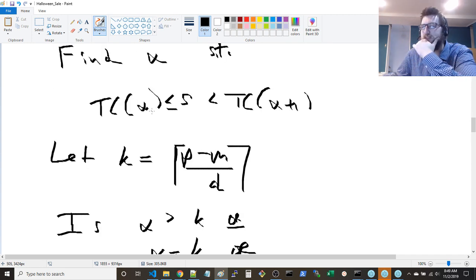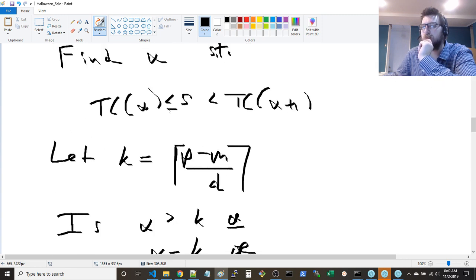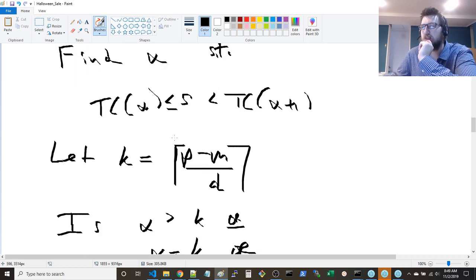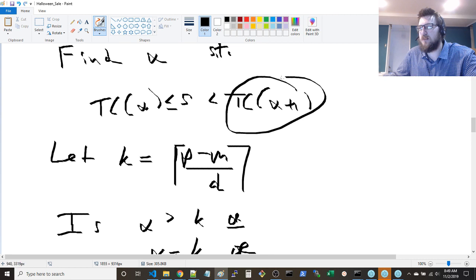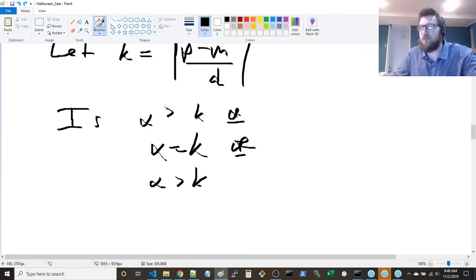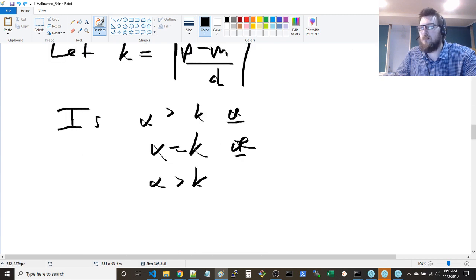See, the thing is, if alpha is equal to k, that means that this is this equation, and then this one is the next equation down here. If alpha is greater than k, then in both cases it's this equation. And then finally, if it's less than k,